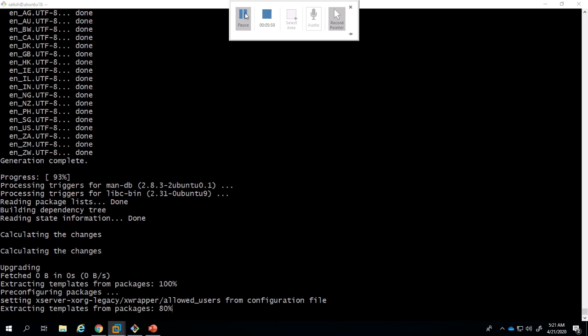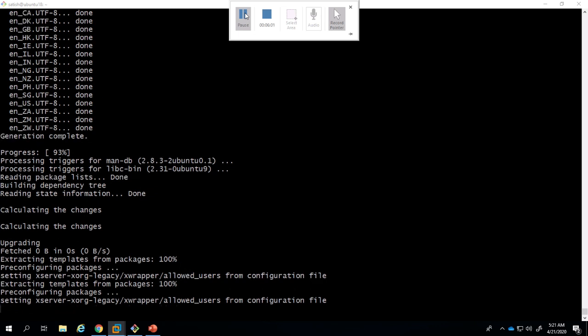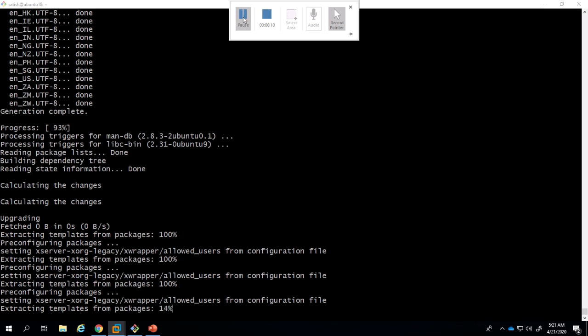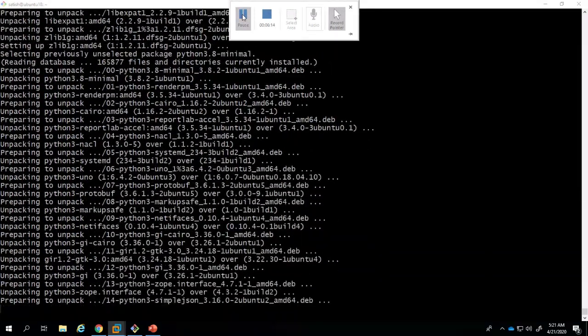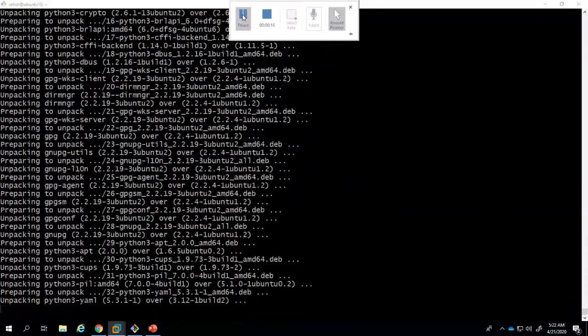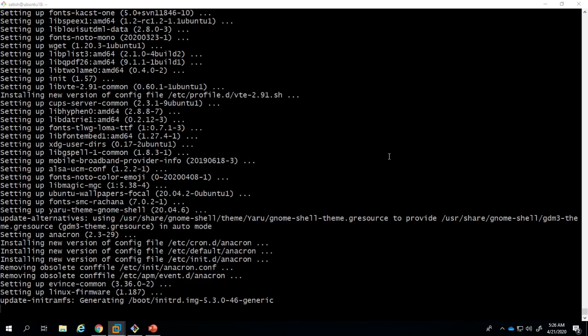Extracting packages has started. 93% processed, upgrading, patching, extracting, pre-configuring packages, setting up some packages. So many things happen when you do upgrade and dist upgrade.